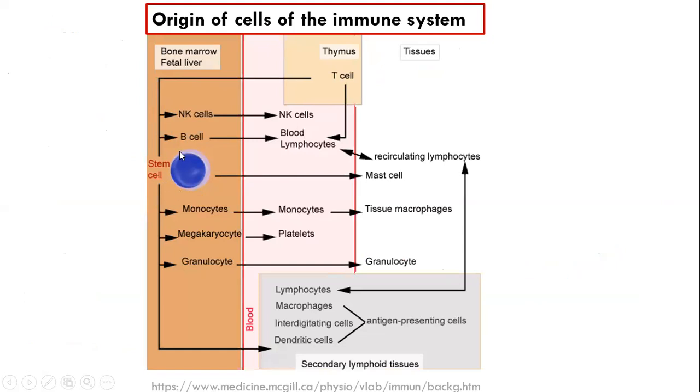They differentiate at certain times, they move into secondary lymphoid organs, and they encounter antigen only in the secondary lymphoid organs, the peripheral lymphoid tissues, not in the primary. So they travel a certain journey.